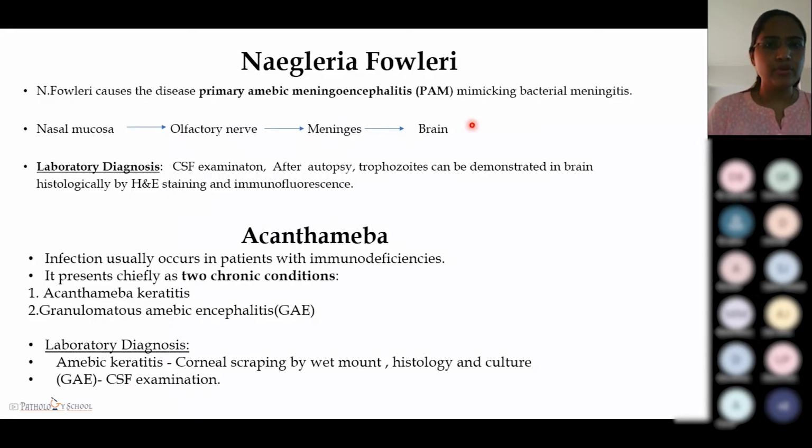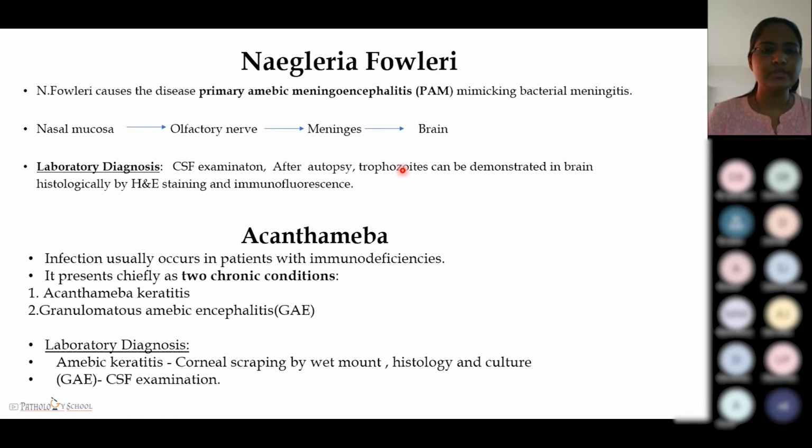Next is Naegleria fowleri. It causes primary amoebic meningoencephalitis, which clinically mimics bacterial meningitis, and it is often fatal. The amoeba invade the nasal mucosa, pass through the olfactory nerve branches in the cribriform plate, then to the meninges, and then it affects the brain. Laboratory diagnosis is done by CSF examination, and after autopsy, trophozoites can be demonstrated in the brain histologically by H&E